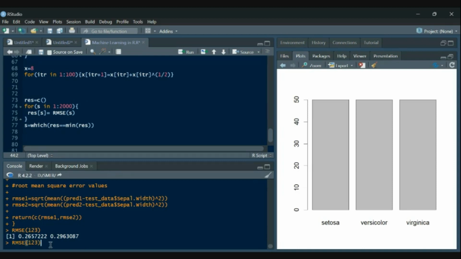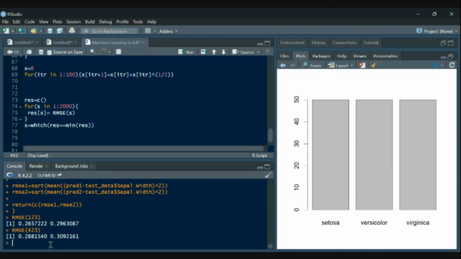Let's check for another value as well. It says 4, 2, 3. Again, my model 1 is better than model number 2. So this is how we can also compare which model is better. We could have created other models as well. Let's say sepal width is only depending upon sepal length, like this.